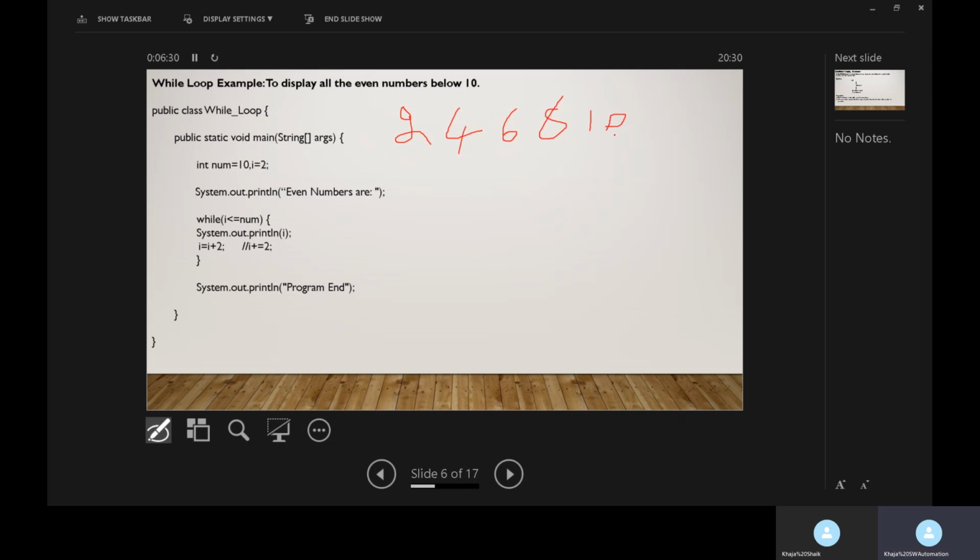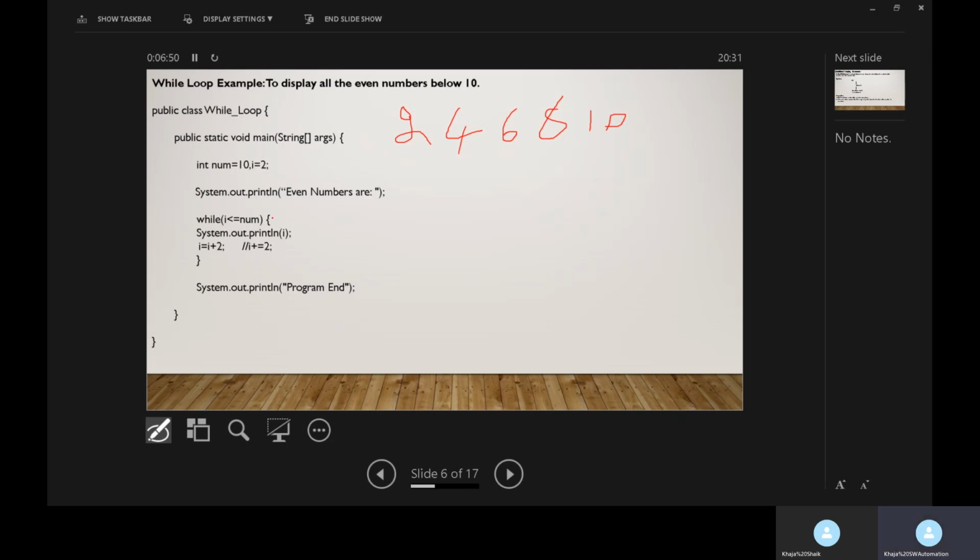Until 10, here we have these 5 even numbers. The first even number is 2. I am storing that value in variable i, and the maximum number here is 10, so I am taking 10 in a variable num.